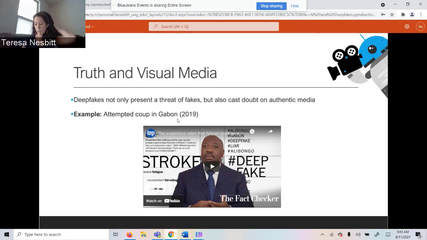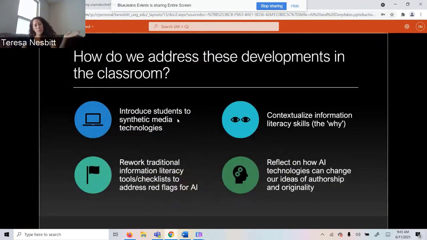So deepfakes have the ability, just by their existence, to kind of place a shadow of doubt over any visual media. Okay, so this leads us to how we address these developments in the classroom.